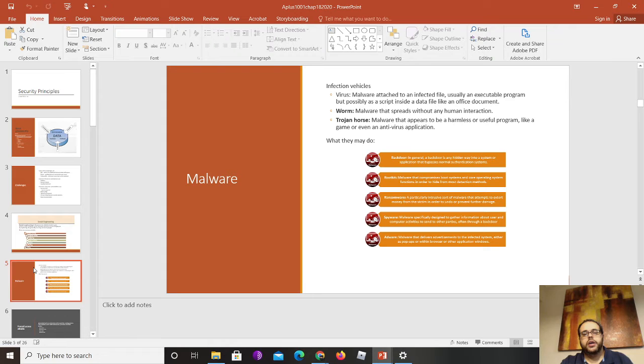Malware, there are three infection vehicles. You have the virus, which is basically an executable that you click and it starts self-replicating. In that is like all sorts of scripts inside, and it does all kinds of things, right? Now, in essence, it's executed by a user, right? It doesn't execute on its own. Somebody has to actually execute it. Now, a worm is a different kind of vehicle because it doesn't require human interaction. It just replicates on its own.